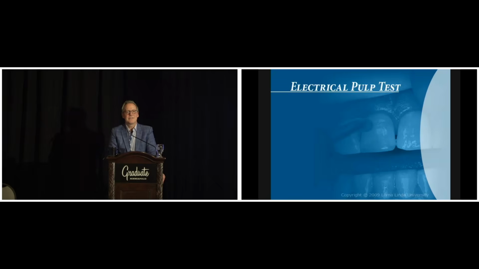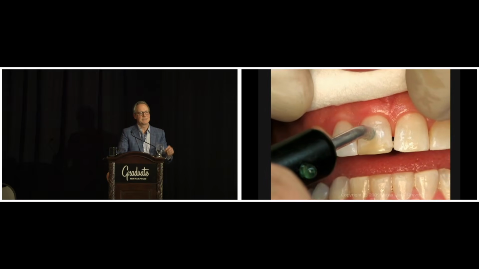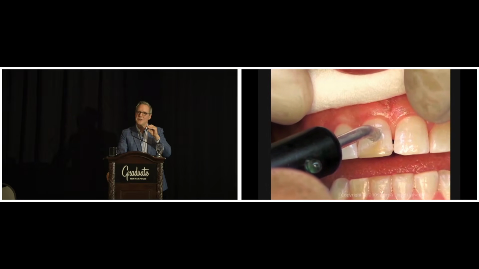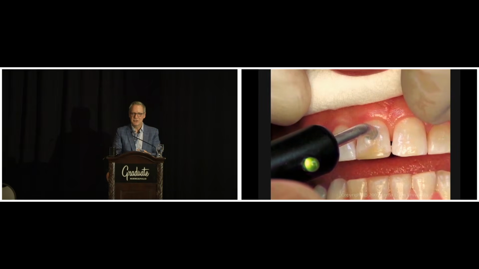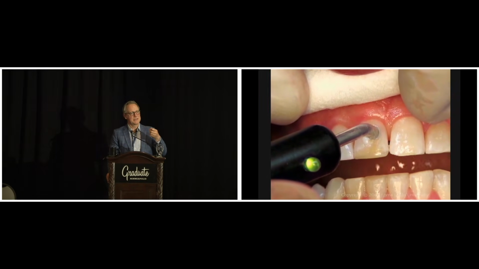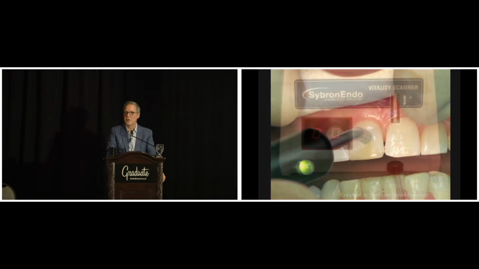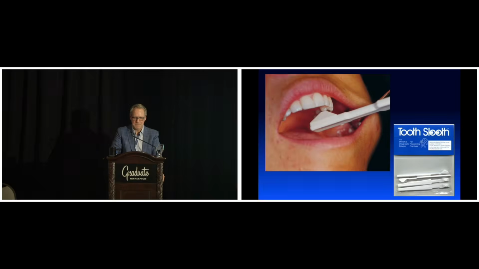In some cases, the cold test is not reliable, and we have to use what's called an electric pulse test. This puts a small amount of current into teeth, and we slowly increase the current, and you'll feel a buzzing or a tingling sensation in the tooth. This is particularly useful in patients that are older because the canal space gets smaller and smaller inside the tooth. The teeth become less responsive to cold, and this one tends to be more accurate, but it only works on teeth without large fillings in them because you have to find natural tooth structure to place the instrument on.